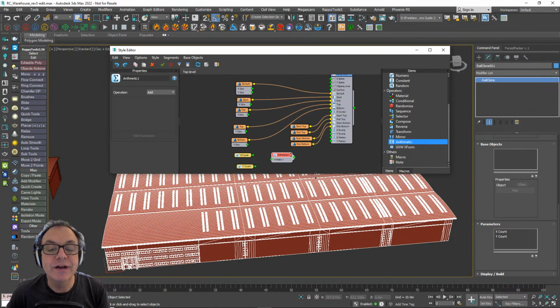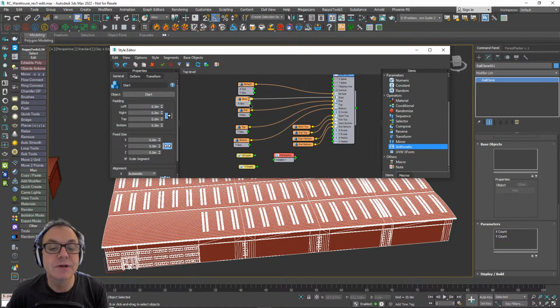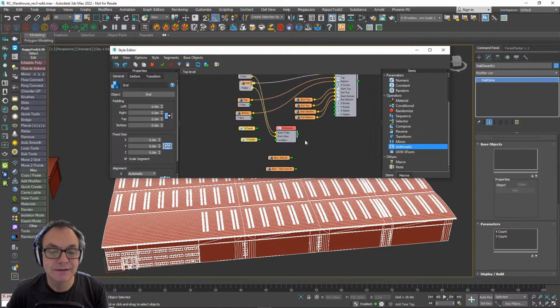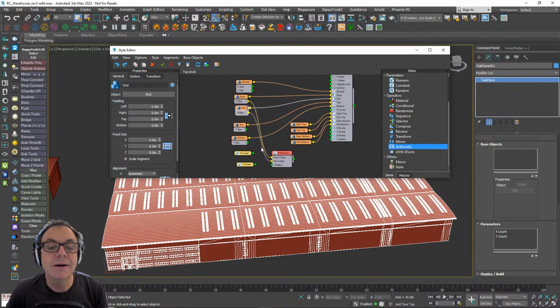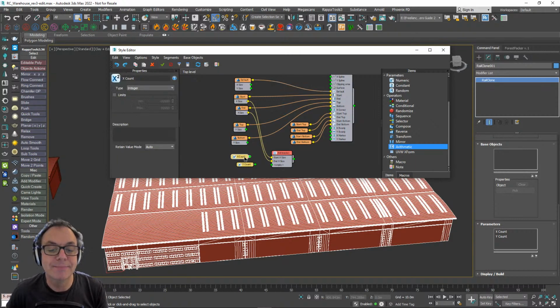So we'll take the start segment, and we're going to take the size of that on the x-axis. See, it's got x size there. And I'm going to take the end, which is this one over here, on the x-axis too. And then I'm going to take the x size of the default segment, that's the one that's in between, and I want to multiply that by this count value.